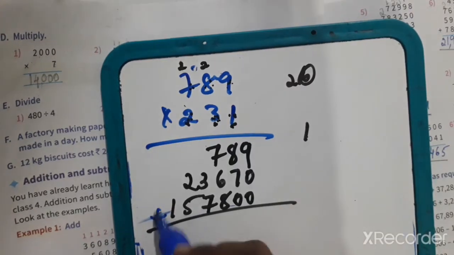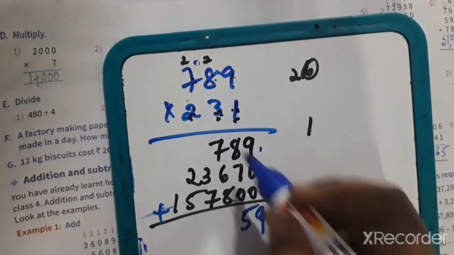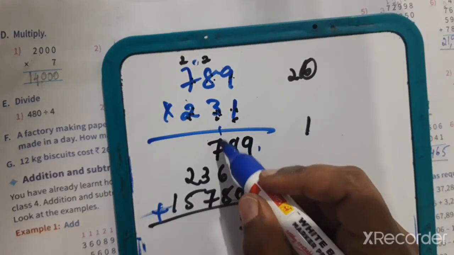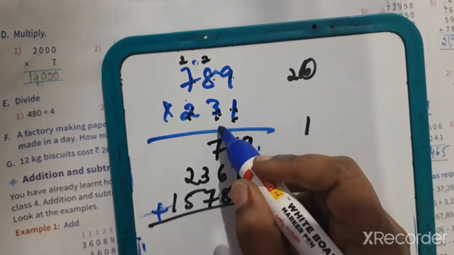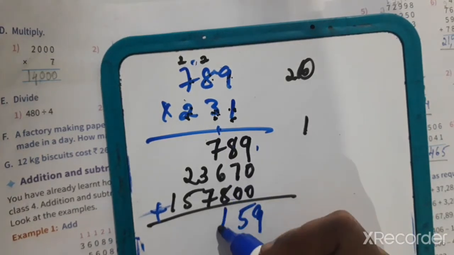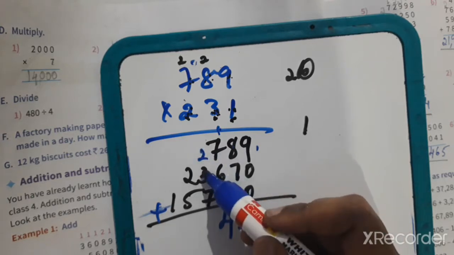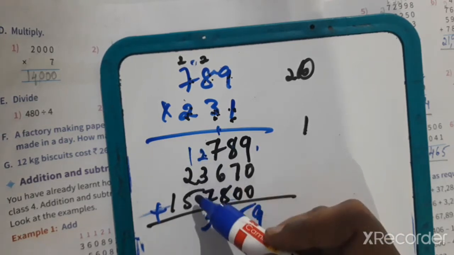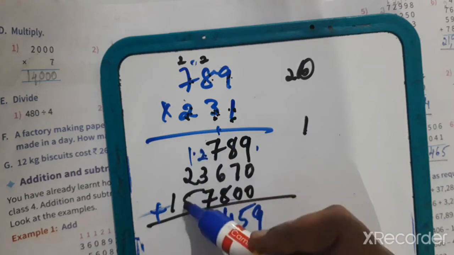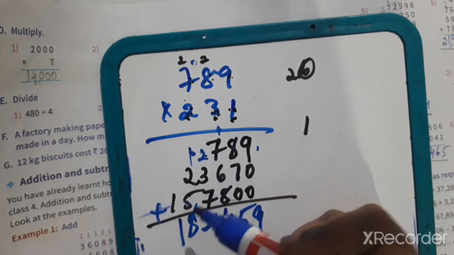we have to add, children. 9, 7 plus 7 is 15, 1 carry to the next place. Now we have 1 plus 6 is 7, 7 plus 7 is 14, 14 plus 8 is 22... 24, 4 here, 2 carry to the next place. 10, 12, 2 here, 1 carry to the next place. 6, 5 plus 1 is 6, 7, 8 and 1.